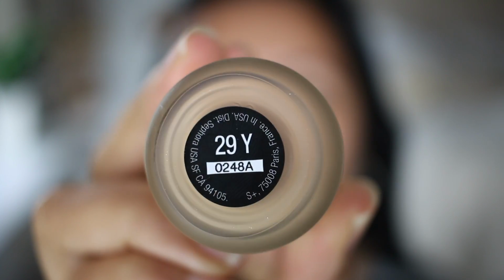So as far as my shade, I picked up 29Y, and when I shade matched myself on the website, when you click find my match with the foundation that I currently own, it actually matched me with a lot darker. It was like 2 shades darker, so I went down 2 shades lighter and it's still too dark for me. I actually should have asked for someone to swatch it under a little clear plastic cube, because I could probably use maybe 2 shades lighter than this guy, even though the recommendation that they had at